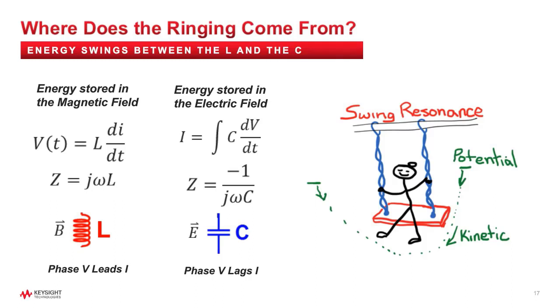Next, it is important to understand where the resonances come from so that they can be avoided. A common source of ringing on the power rail is from the parallel resonance of an inductor with a capacitor. The inductor stores energy in the magnetic field with the phase of the voltage leading the current. A capacitor stores energy in the electric field with the voltage phase lagging the current. Just like a swing with the energy oscillating between potential and kinetic, the current in the inductor and capacitor can slosh back and forth and resonate. Note that for a resistor, the voltage and current are in phase and there is no energy storage.